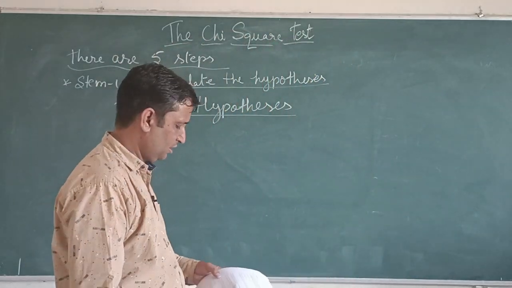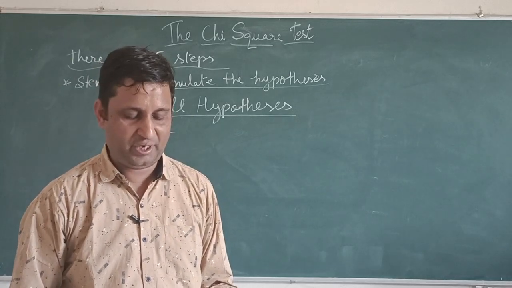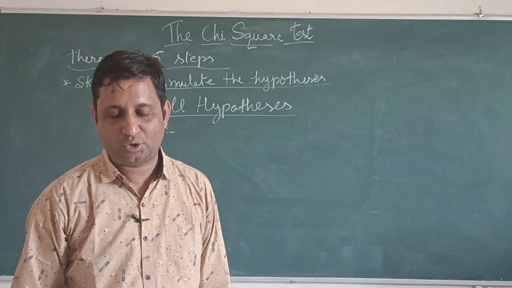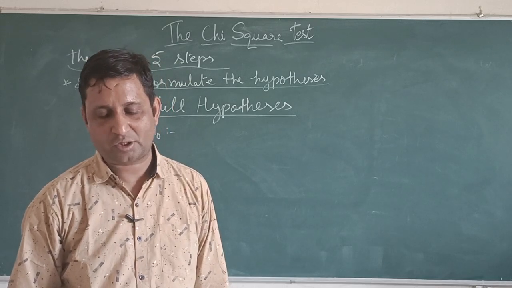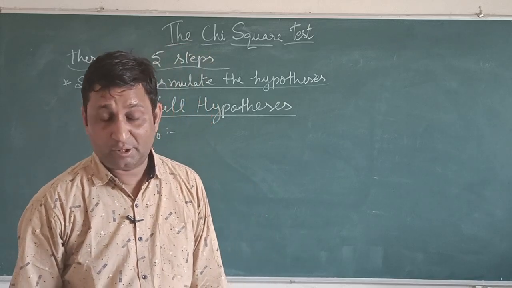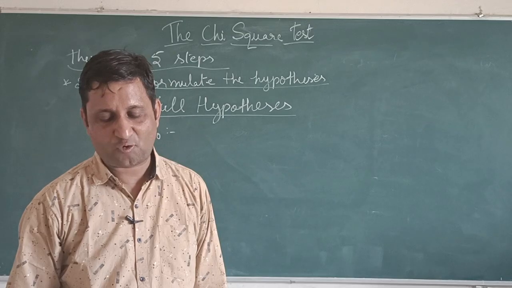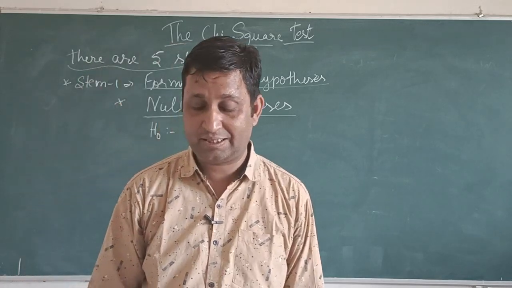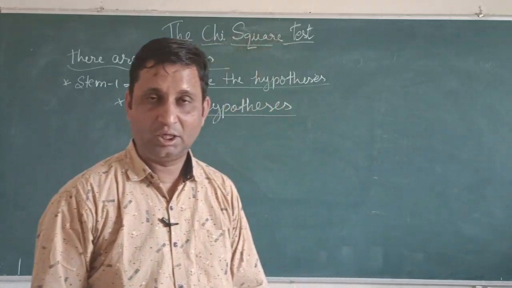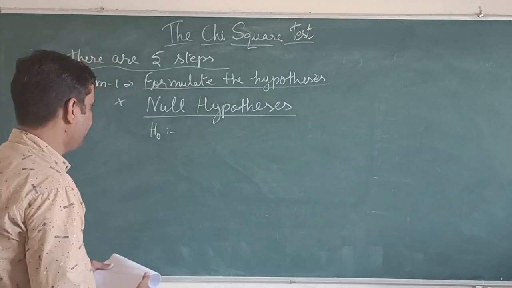We can say if there is no association between the two variables, the individuals would be uniformly distributed across the cells of the table. The alternative hypothesis for a chi-square test is always two-sided, which we already studied previously.